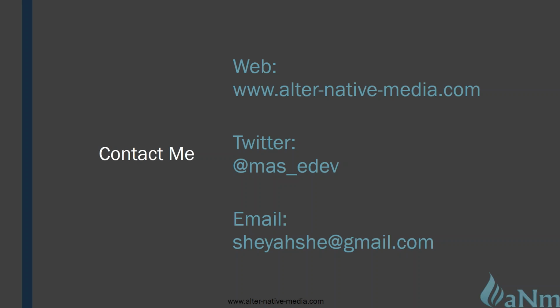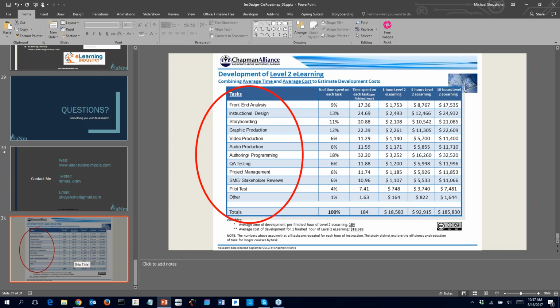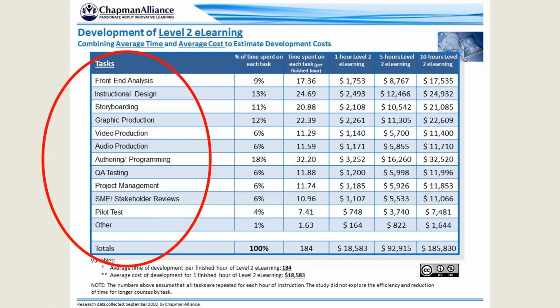So basically, I'll restate the question, and maybe I'm not quite getting the nuanced version of it. When we go back to this, it takes 184 hours. Sorry, my slide didn't want to pull up, but let's pull it up here. If we just use that 184 hours, shouldn't using an authoring tool like iSpring reduce the number of hours needed maybe on the authoring and programming side?